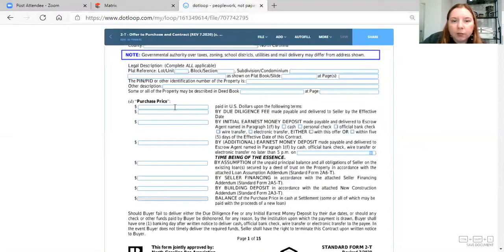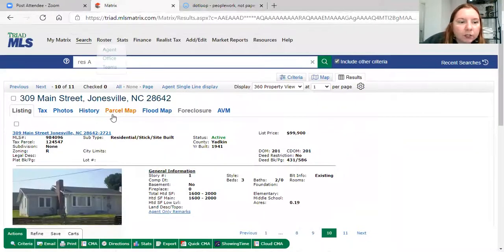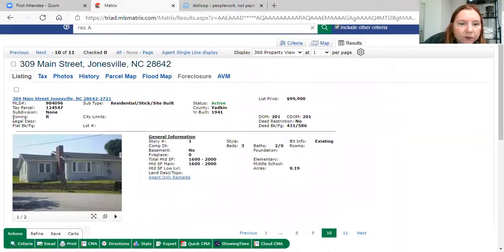And the purchase price, the 2 deposits here, which I'll usually give you that information. Also, we want to fill out the subdivision and PIN number. PIN number can be found usually at the top. Well, this one doesn't have it either, so it should be right there, but it's not there. And then maybe the deed book and page, which is right here, you can copy,